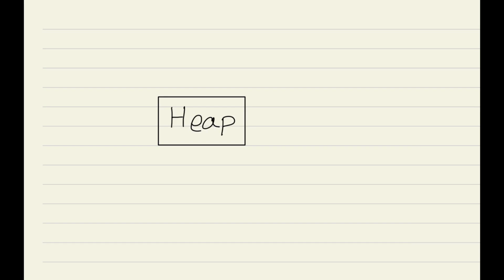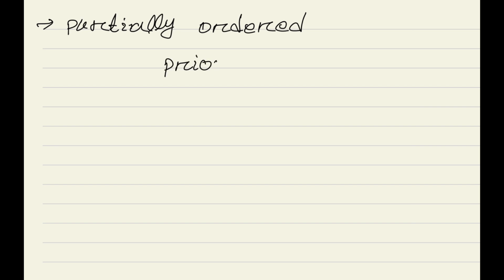So, in this video we are going to discuss another important data structure, that is heap. It is a clever partially ordered data structure. Heap is not randomly ordered. It is a partially ordered clever data structure and it is specially used for priority queues. It is generally used for the implementation of priority queues,